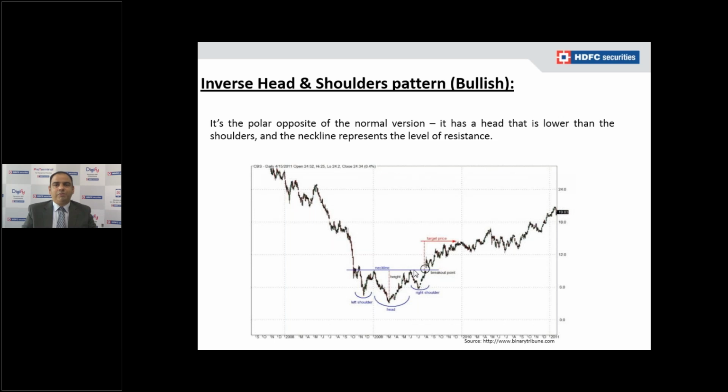Now the question comes, what is the target potential? You can calculate it from the neckline and the head. The distance between the bottom or top of the head and the neckline can be calculated. If it is a head and shoulders, you subtract. Let's say our neckline is 100. If the distance is 20, the target would be 80. In an inverted head and shoulders, if the neckline is 100 and the distance between the head and the neckline was 20, then the target would be 100 plus 20, 120. This is going to be the target.